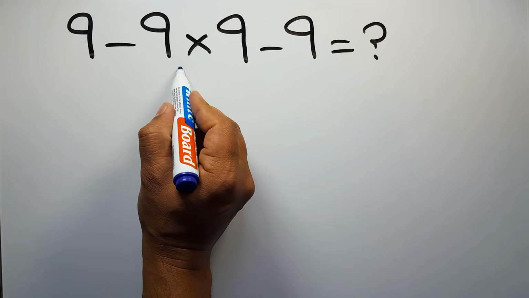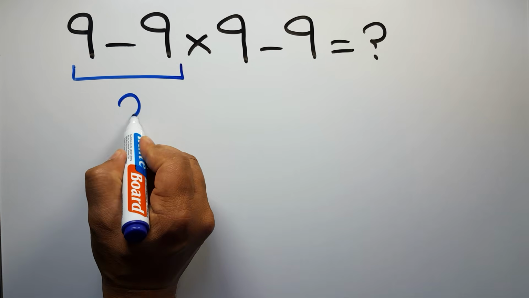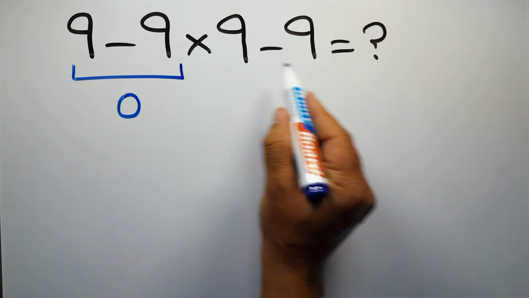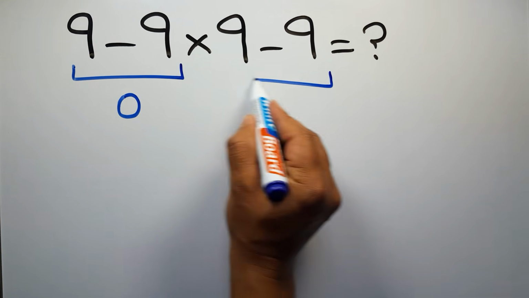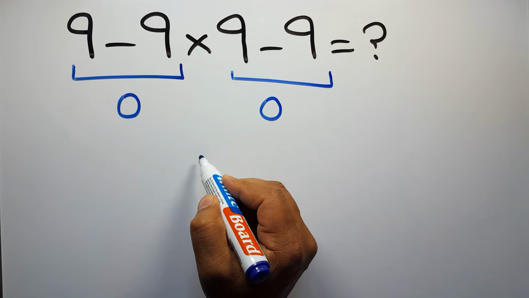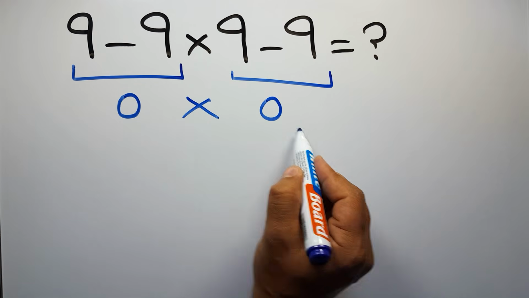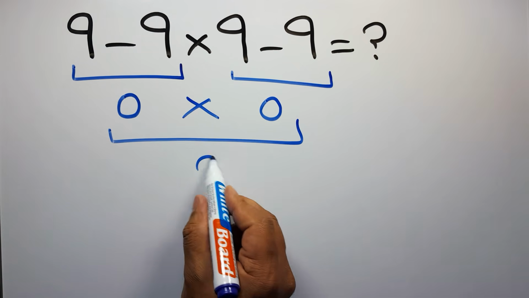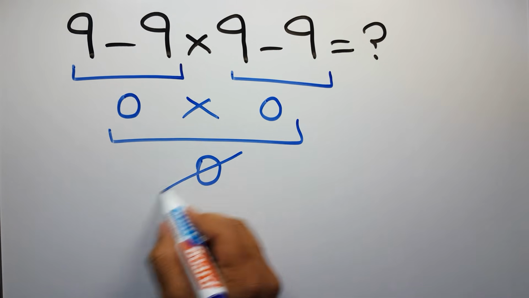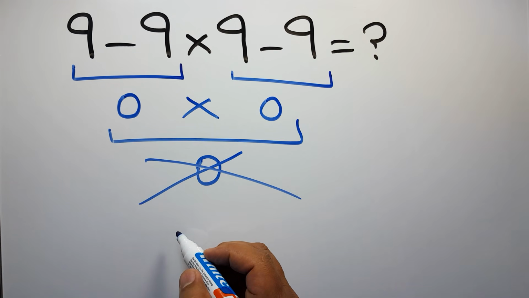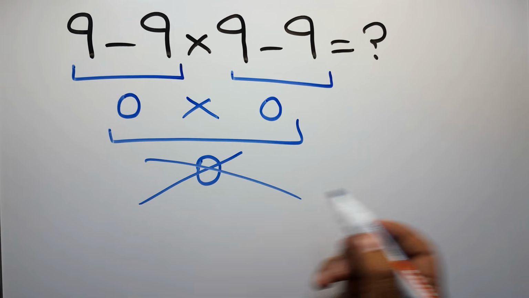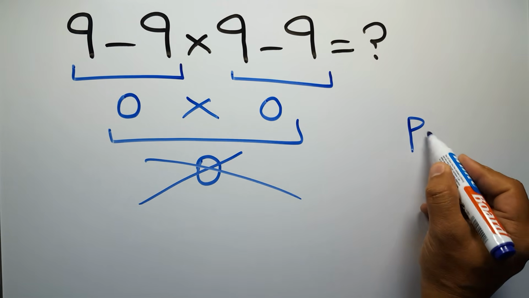9 minus 9 equals 0. And again here we have 9 minus 9. So 0 times 0 is just 0. But this answer is not correct, because according to the order of operations, which is PEMDAS,